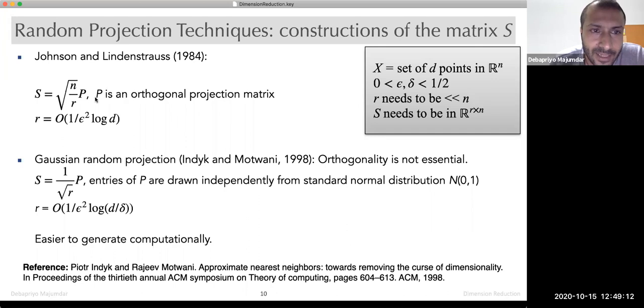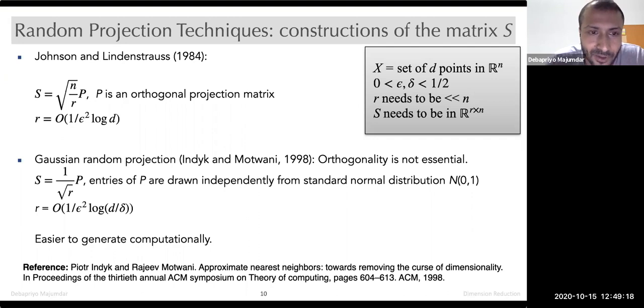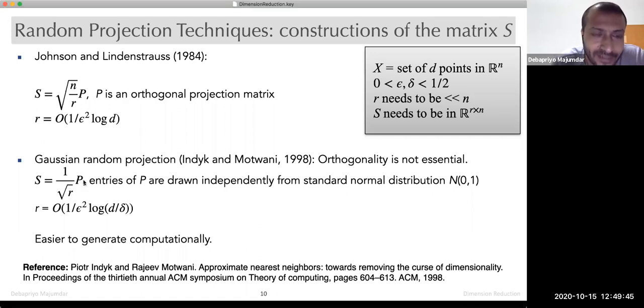To get an orthogonal projection matrix, even if it is random, you have a lot of conditions. You have conditions like the first column you can choose randomly, then normalize. But then based on the first column, the second column has to be orthogonal to it. The third column has to be orthogonal to both of the previous, and so on, right? So constructing such a matrix is computationally harder. However, if you simply draw numbers from a normal distribution, then you don't have to bother about those conditions. So essentially, if P is an R cross N matrix, all R times N entries of P are drawn from the standard normal distribution.